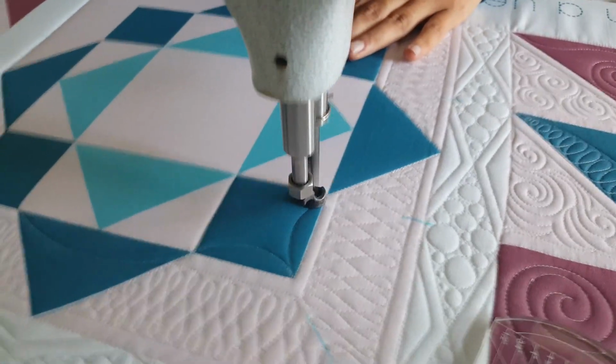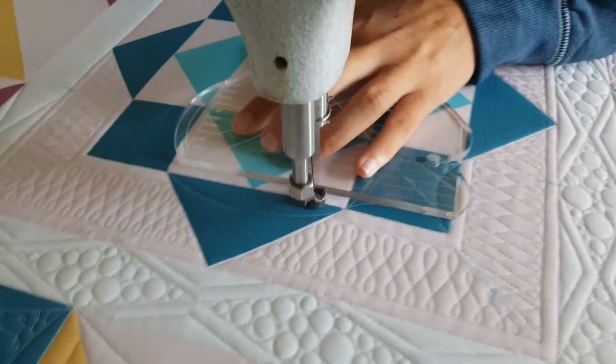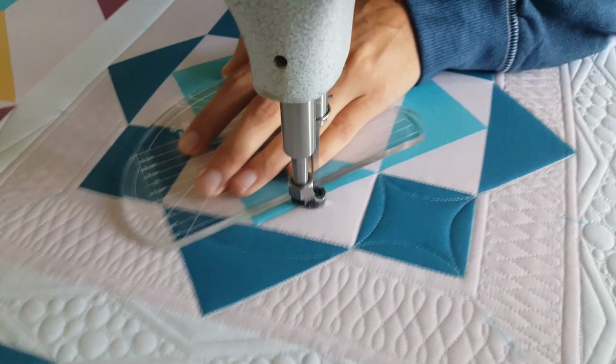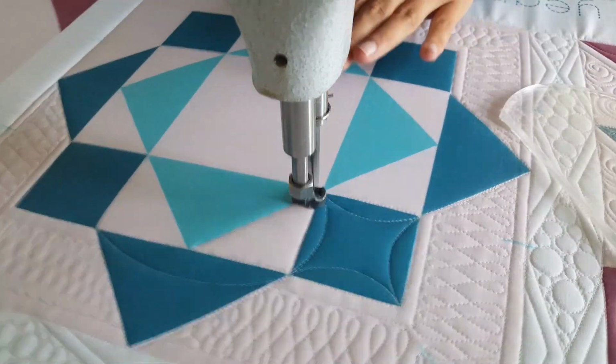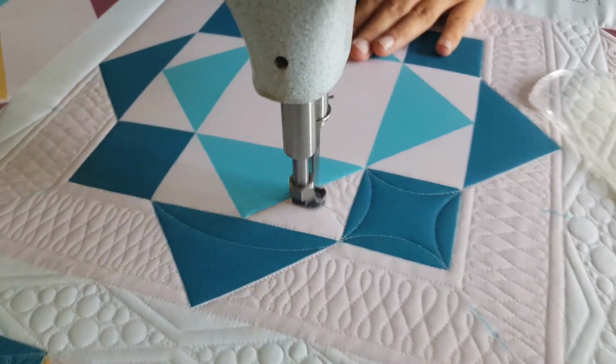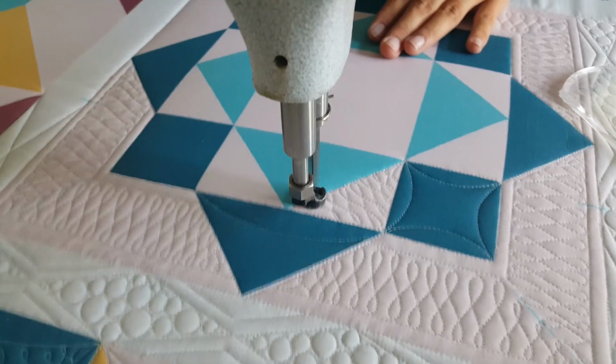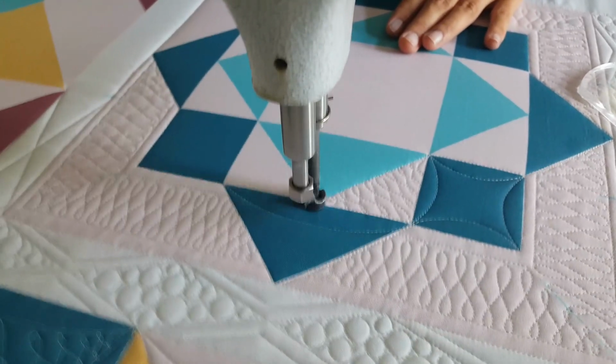a point-to-point curve. Then when I get to the next block, I'm going to actually just free motion quilt point-to-point curves. You could use the mini or this medium size on the mini 4-in-1 machine quilting ruler and stitch those point-to-point curves. After I've stitched those, then I'll travel in the ditch around the next light pink triangle, and I'm